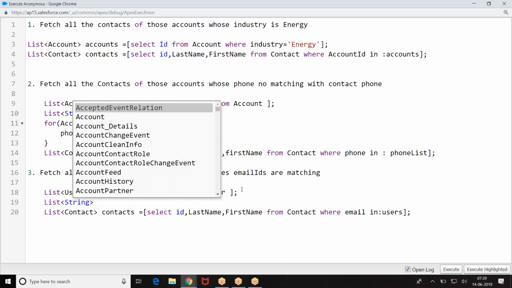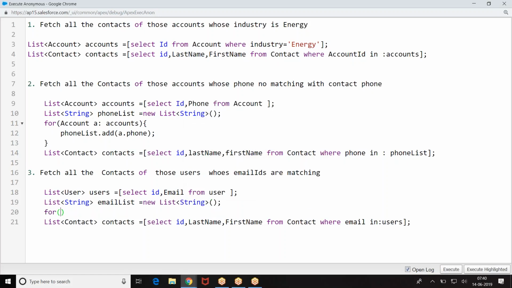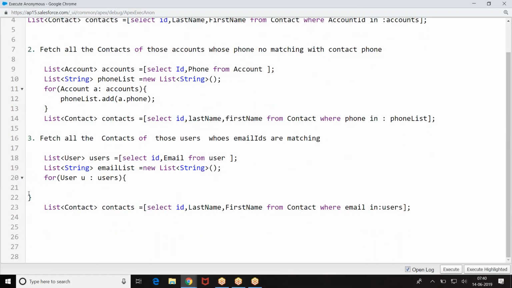A list of string, email list equal to, for user u, then I'm adding the user's email here. Where email is in the email list.